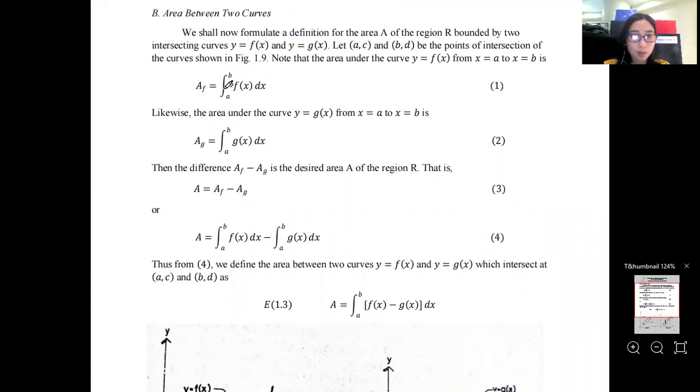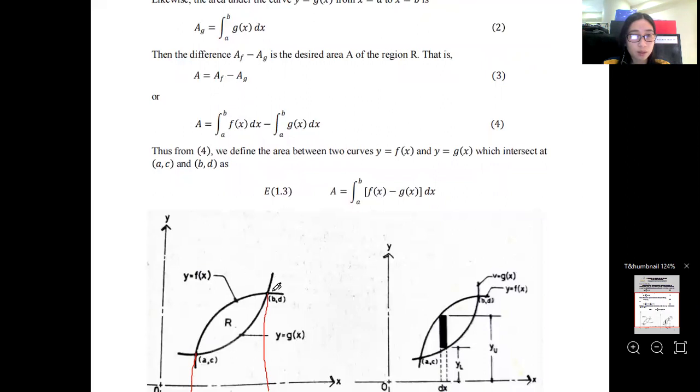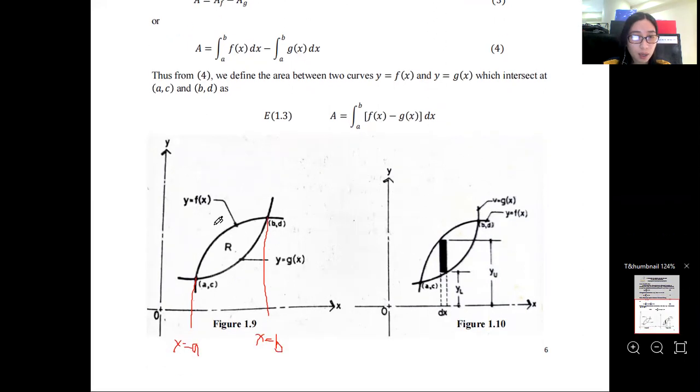A sub f is equal to the integral of f of x dx from a to b. So this is the first curve, okay? Then the difference of a sub f and a sub g, or the area of this curve and this curve,